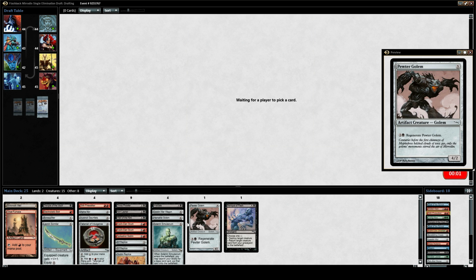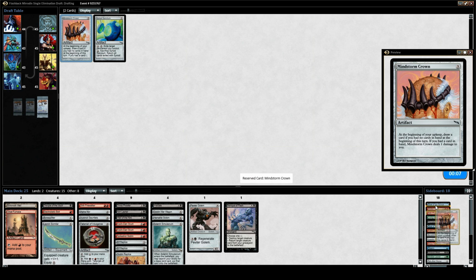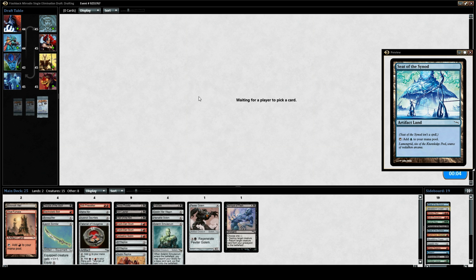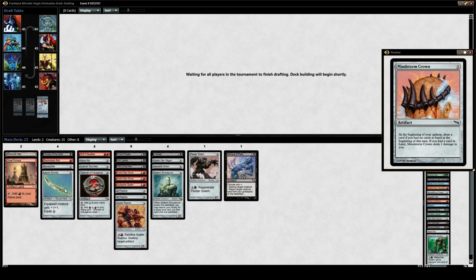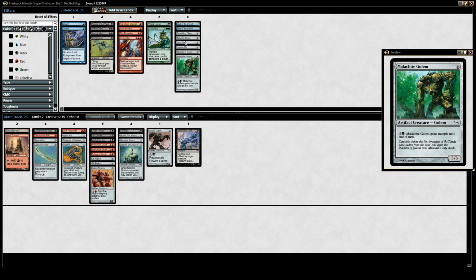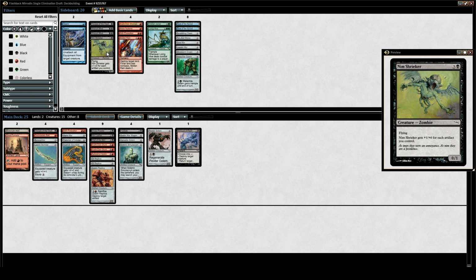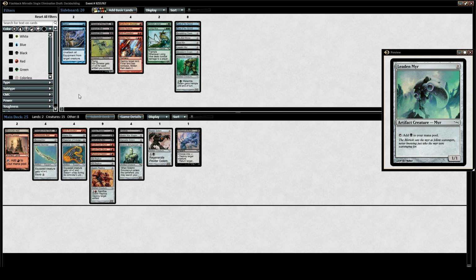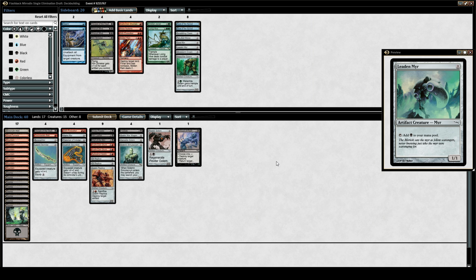Ugh. Mindstorm Crown seems meh. Hey, another last pick Disarm. So I think this is what we're going to be running with. I mean, there's a haste. I think that's just kind of...